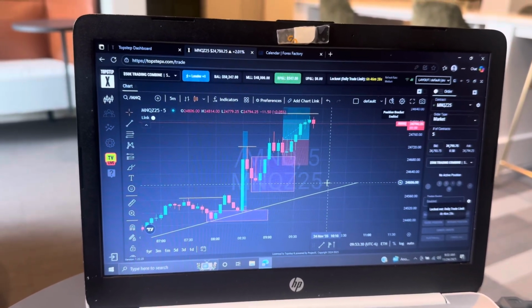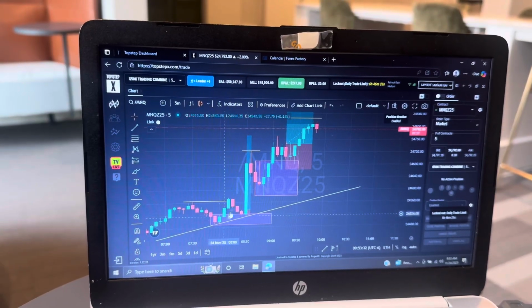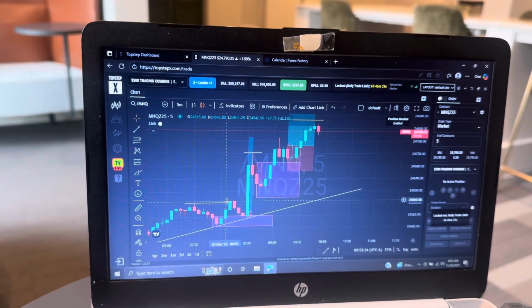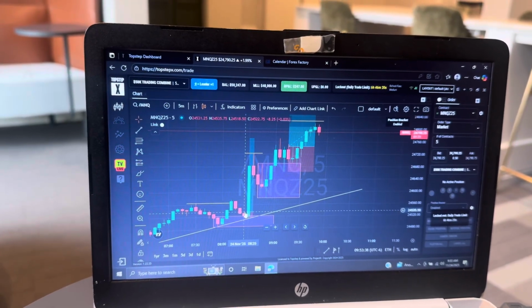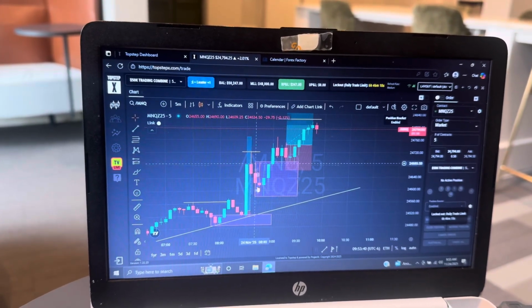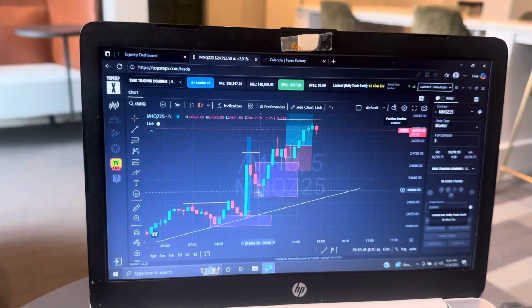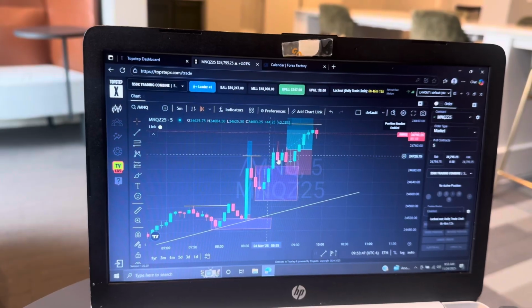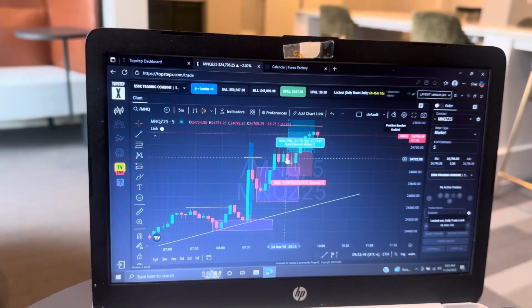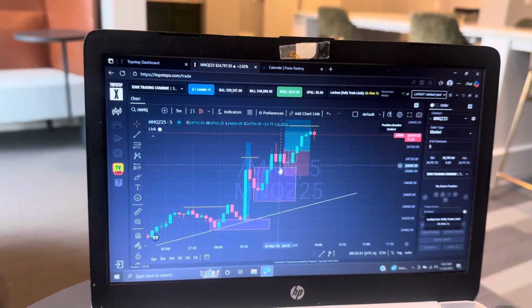Y'all can see the difference, right? This trade, straight to the point. Break of structure, came back down, tapped into the zone, break of the candle, took off. This right here, we got a lot of wicks, right? We still broke structure, right? Still broke structure. And then it looked like it consolidated a little bit right here, right? It tapped into the zone.